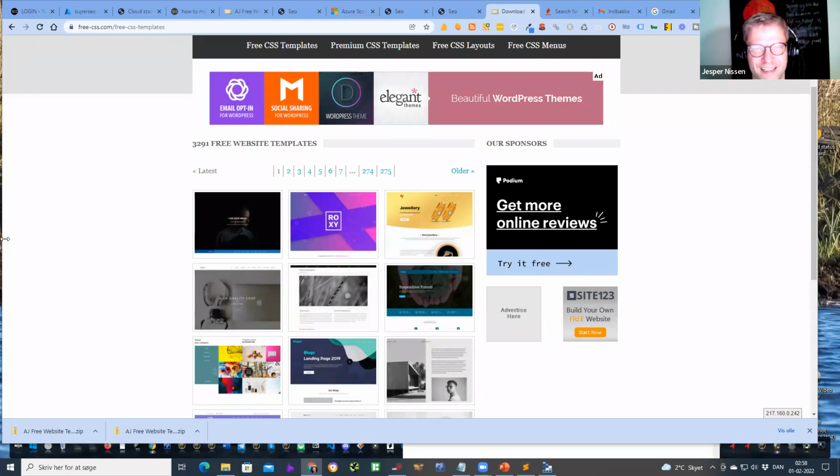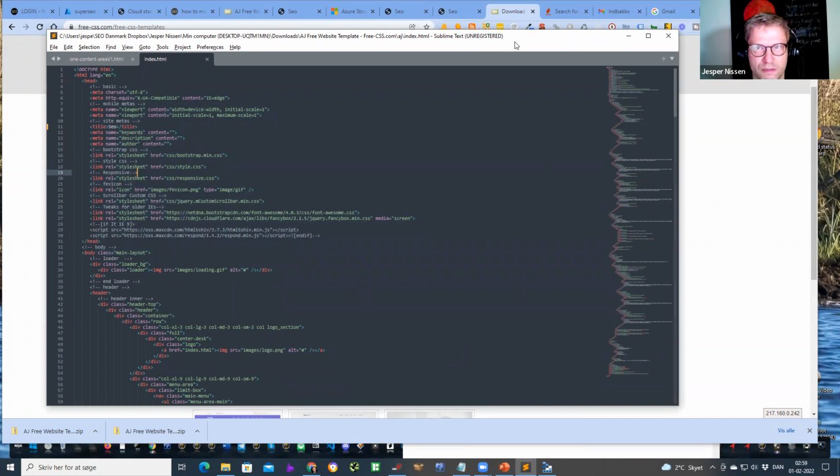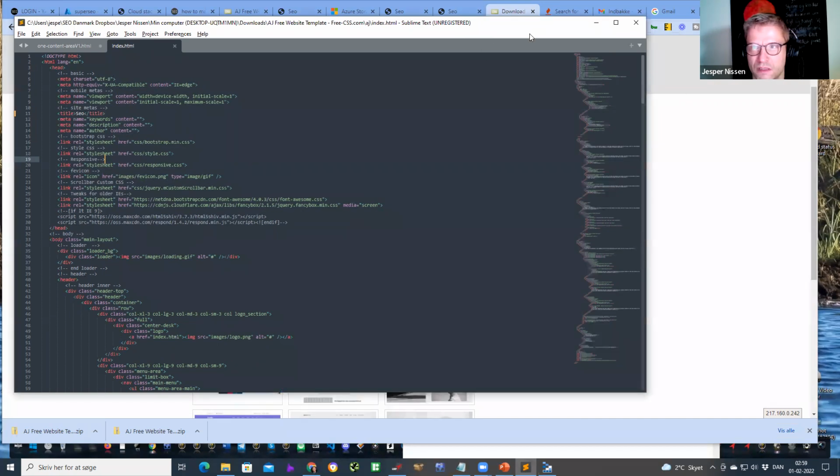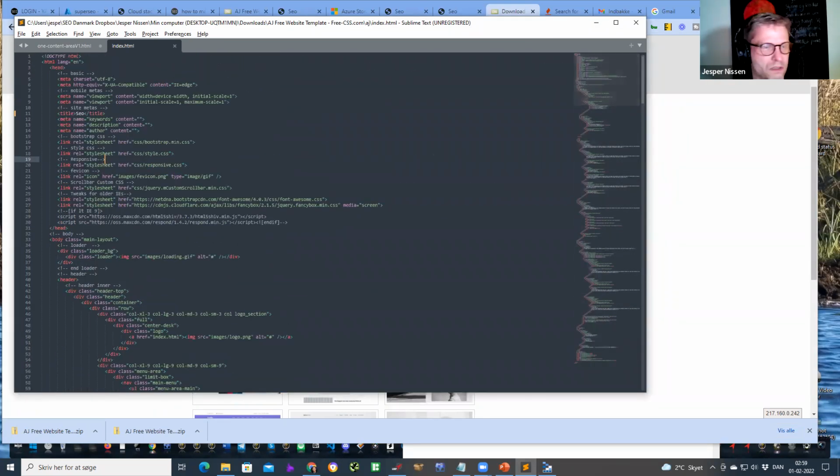But with HTML, I think just experiment. I wouldn't recommend any course. I know it's a lot of code, and let me just minimize this here. This is a long document, of course, but I think it's learning by doing.